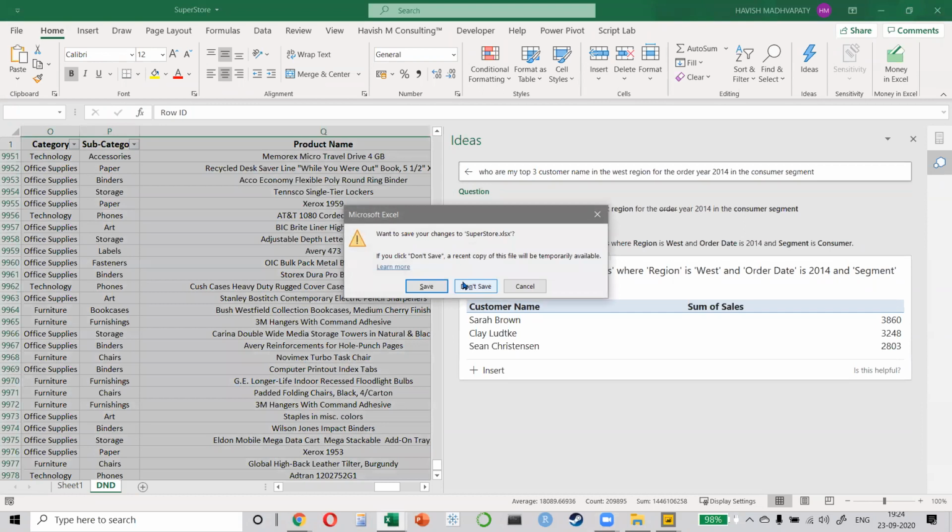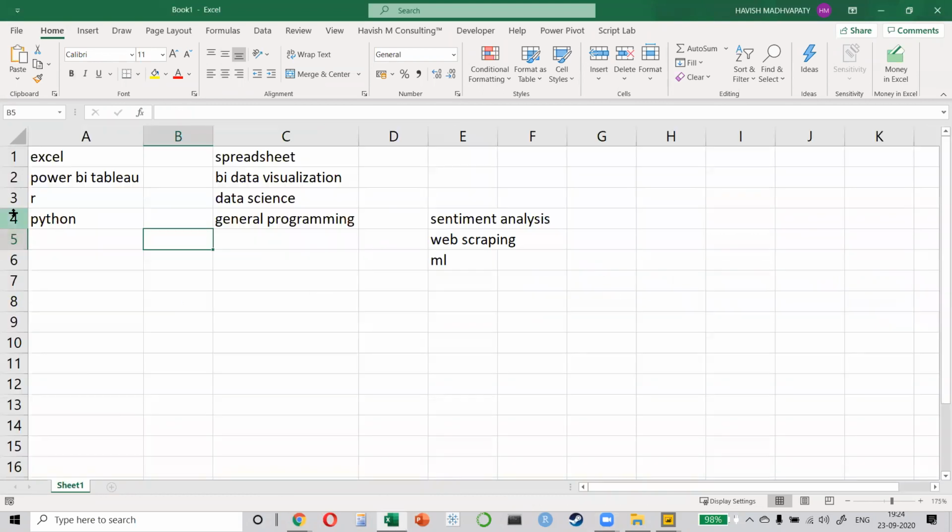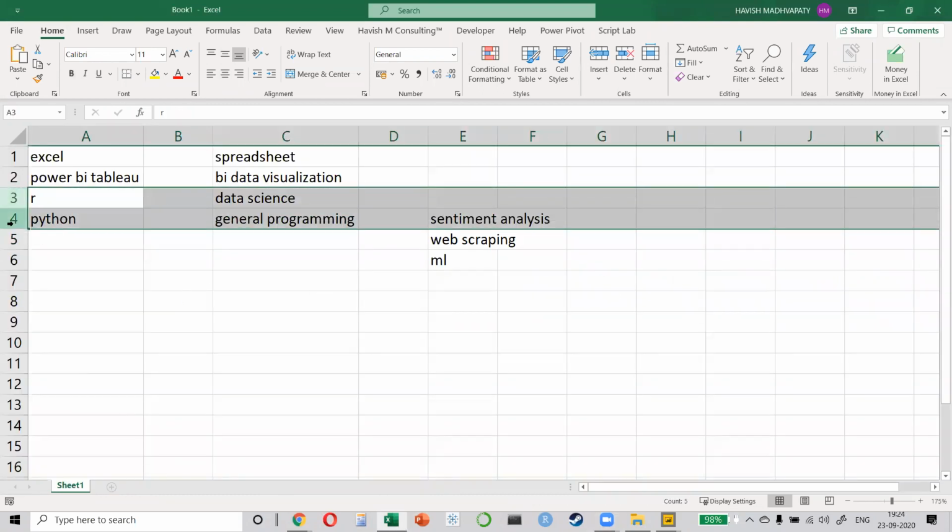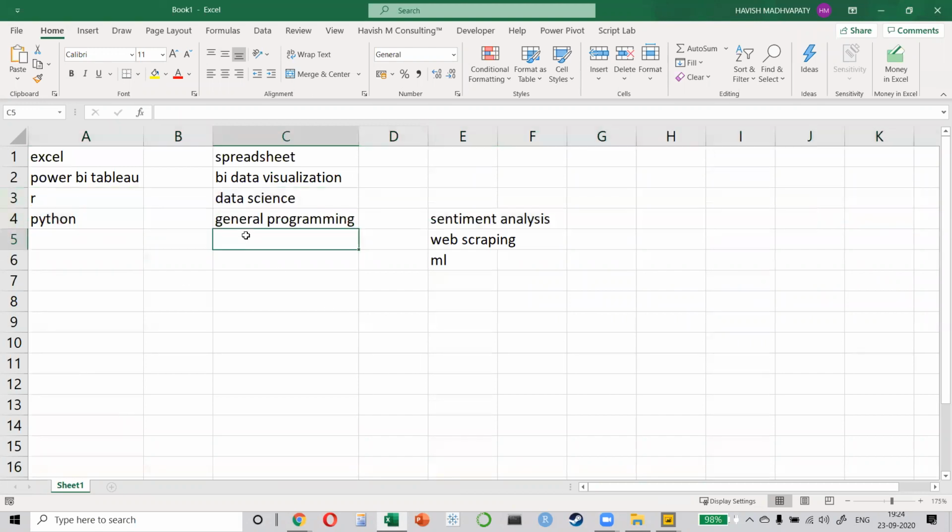All right, let me also give you a perspective of why you should learn programming, right? All of you might be curious to know whether you should. If you should, why? Do we need to learn it today or should we learn it after some time? What languages to learn? If we don't learn it, can we still become a data analyst, right? And how to learn it? That's very important.